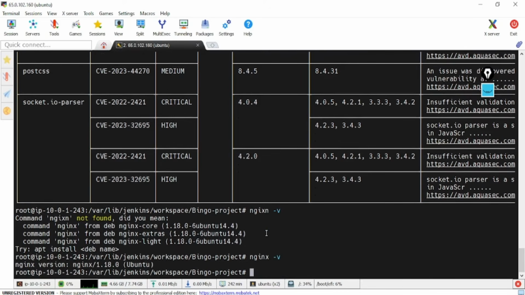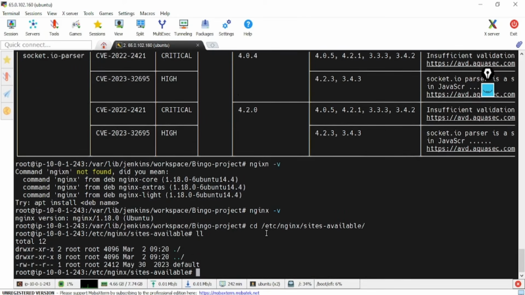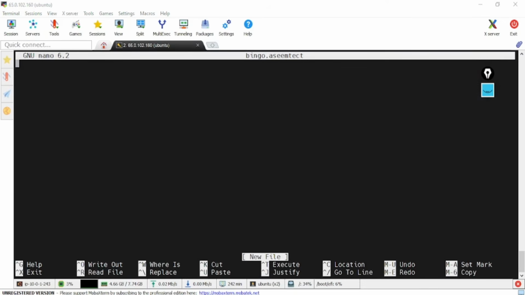Okay, so what I will do, I will go and create one reverse proxy file. The default path of this is nginx sites-available, right? If I ls over here, there is one default file. So I will use nano and I will give it the name bingo.asim, right? Asim tech. I will open this one,